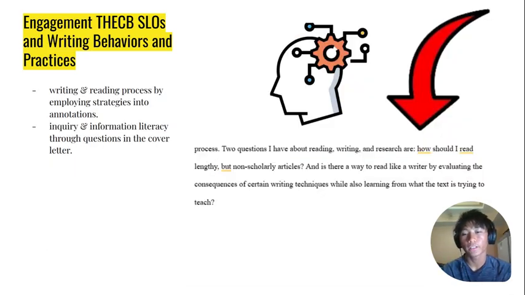We also engaged in the writing and reading process by employing strategies that we have learned through the articles that we have read and the annotations that we have made for them. So, as in the personal example, I've used the strategy provided by Mike Bunn of paying close attention to the writing choices that an author makes throughout their text, and through that, I've had my mind open to various different writing strategies that I incorporated in writing my annotations for the later articles that we read throughout 7